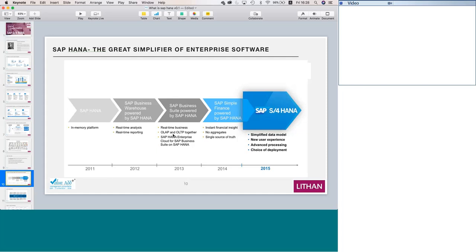Next came, the first thing which came out as an ECC replacement was Simple Finance. That is, FI and CO were replaced, called Simple Finance. I won't go too deep into this, but just for your one-line definition: in earlier days you had FI and CO separate. Now it's all combined.